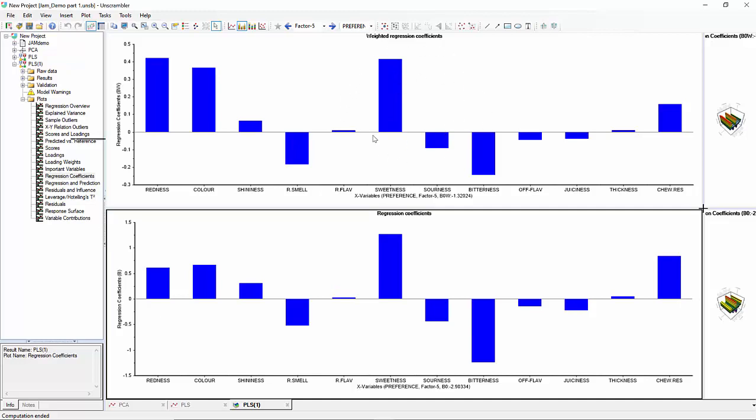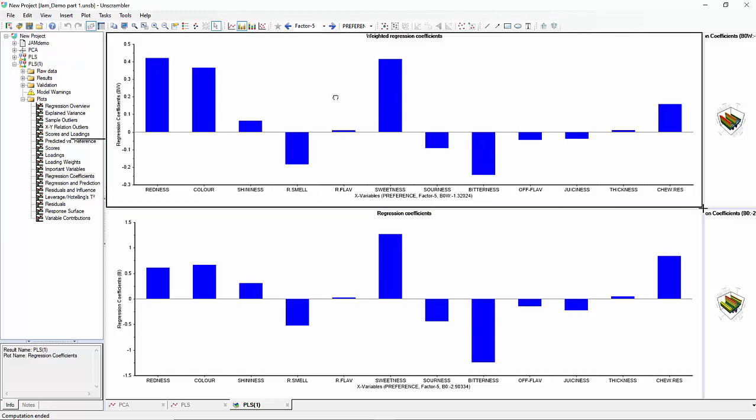And these are the weighted regression coefficients. These are effectively the standardized regression coefficients, which aid with interpreting the model in terms of what is contributing towards preference. And what we can see is redness is very strongly related to preference. It's very positively correlated with it, as is color, as is sweetness, and as is chewiness resistance, if you like. Whereas negatively related to it are raspberry smell and bitterness, at least on that particular factor there,